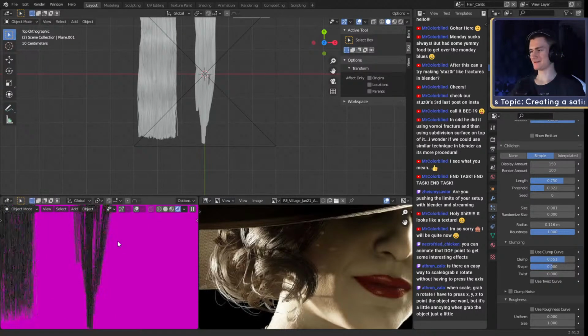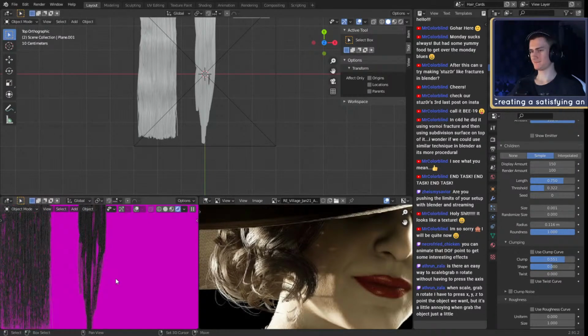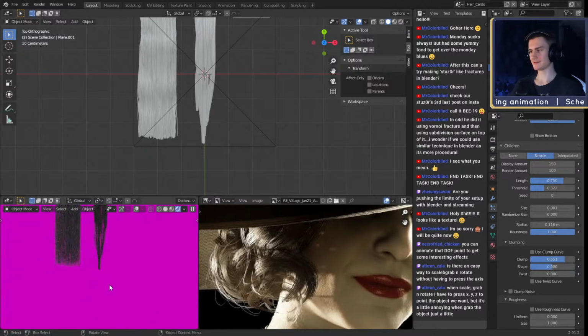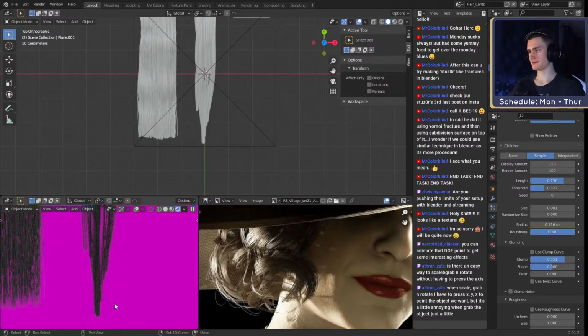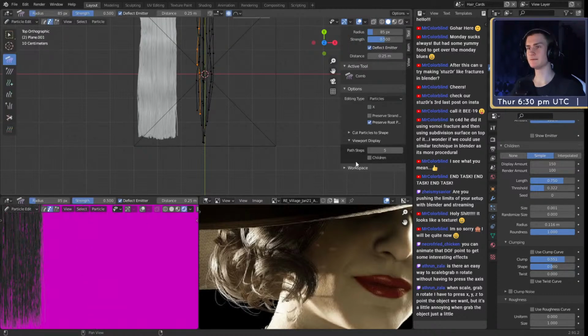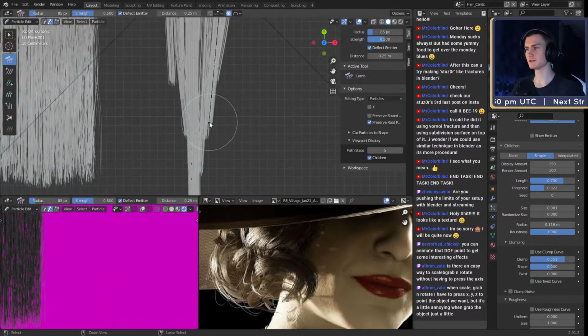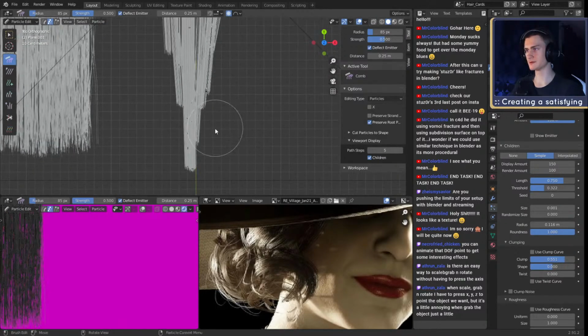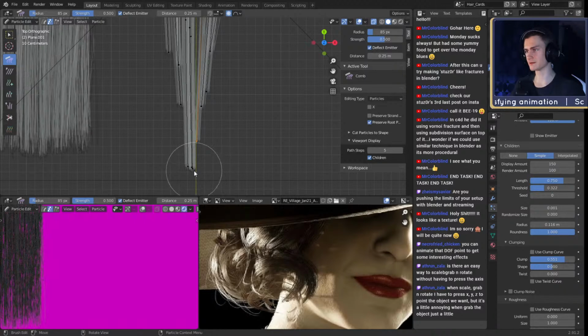Hold on. I think they're now too close. I want to get this sharp ending. The only problem is, I mean, we can probably work with this. Let's adjust it a little bit more. Let's say we want to see the children actually, so we can adjust it in more detail, so we can actually see what the children look like in the end. We'd have to go back to solid view to see it. Okay. Oh, that's probably why it looks so flat.